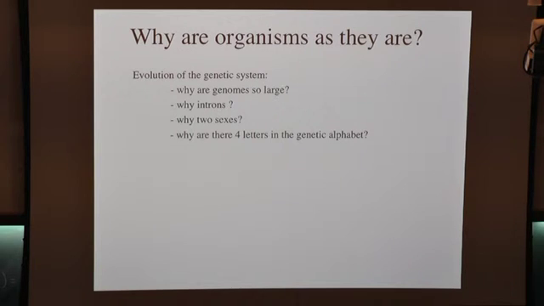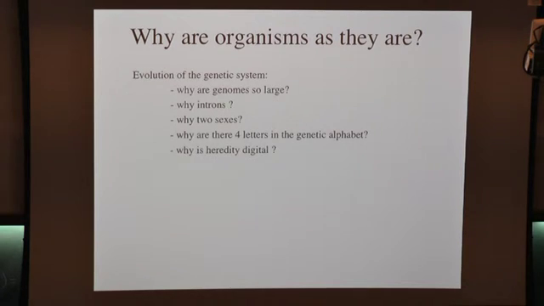You could have a system where you just had A or T, 2 letters. Okay? And there'll be half as much information, but in some ways it would be simpler. You could have 6 letters, and in fact there have been experiments producing modified bases which can actually be replicated. You can produce a 6 or 8 letter alphabet in principle. Okay, so why 4?